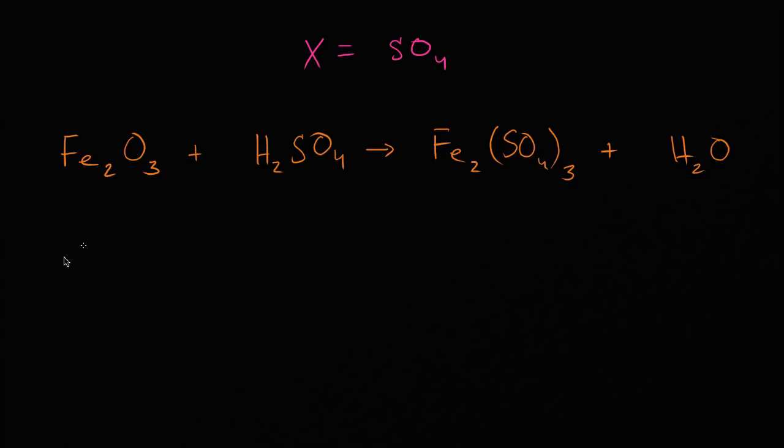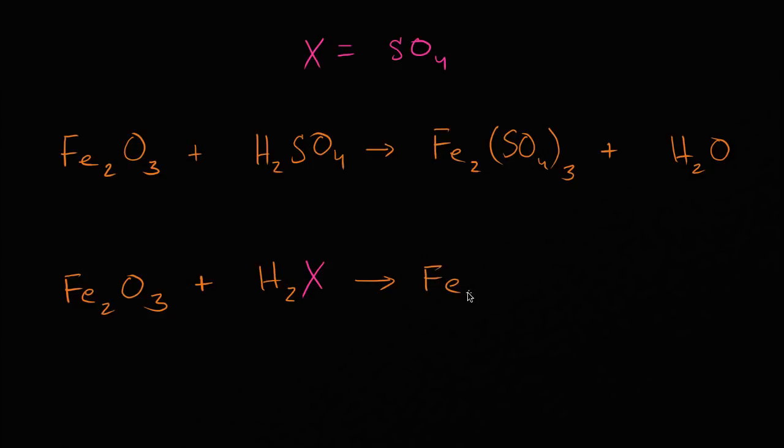So I have, it's nice to have, I guess this is close to a rust color, which seems appropriate. So let's say I have some ferric oxide. I'm just rewriting what I have above right over here. Ferric oxide plus some sulfuric acid. But instead of writing H2 and then writing the sulfate group, I'm going to write H2 and then X. H2 and then X is going to yield